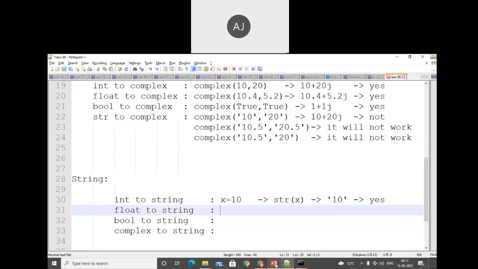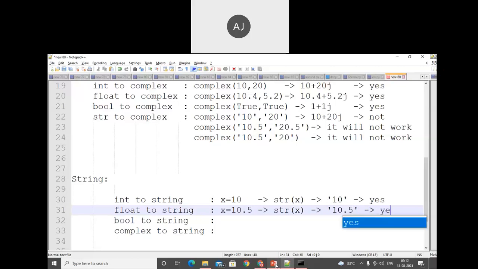Later on, what about float? If you have a float value like 10.5 and we're trying to convert that value into a string, here I'm using str of x. So we get the value as a string.